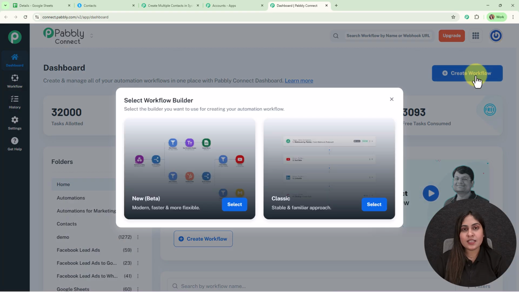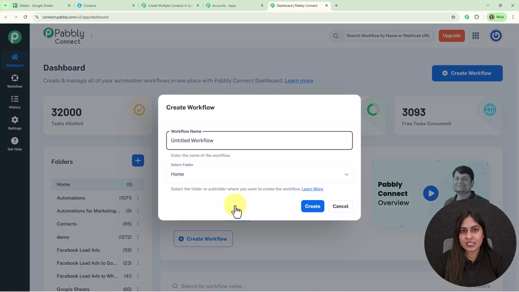Then here it is asking for the workflow builder. So you can see two options. One is new beta and the other one is classic. Beta version is modern, fast and more flexible, whereas classic one is stable and the familiar approach. So in this video, we are going to use this beta version by clicking on the select button,